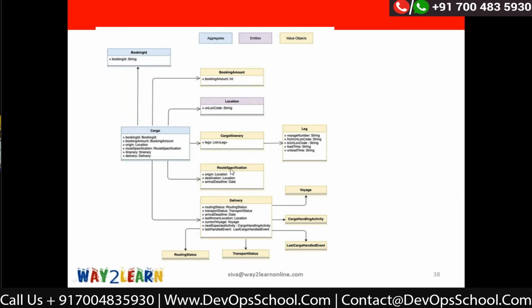So in this case, route specification is a value object. Now you may get a question: why do you create a class called route specification? Why can't I have origin location, destination location, and arrival deadline in the same cargo class? So in your aggregate, make sure that you will not